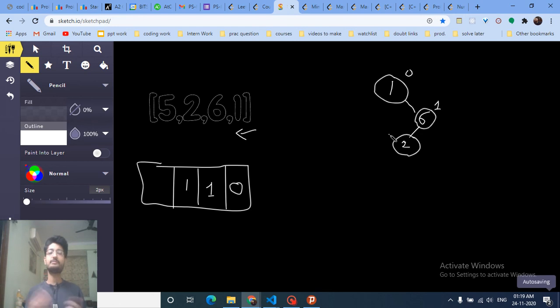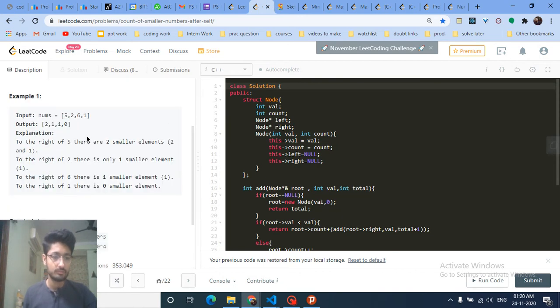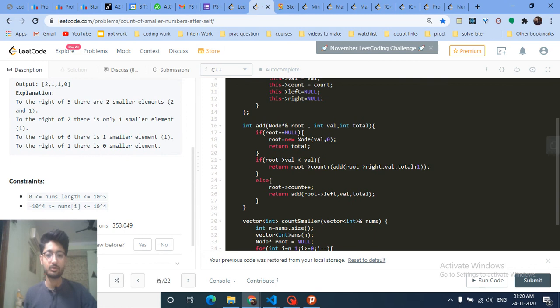Now if you want to insert 5, I will give a simpler example to make it more clear, but this is difficult to understand. Then if I insert 5, we're gonna go to the right side, and then this is 6, so we're gonna go to the left side, but it is 2, so we're gonna go to the right side. So we're gonna see how we're gonna update these frequency values. So I'll take some other example. Or I can show you that in the code also.